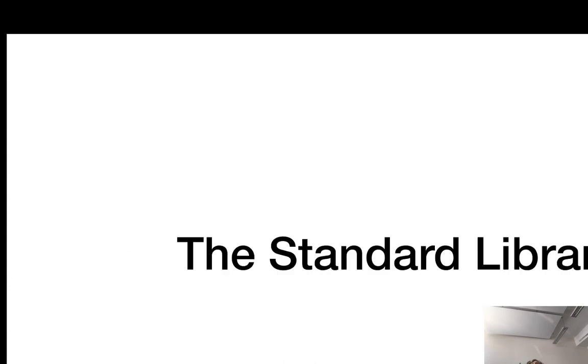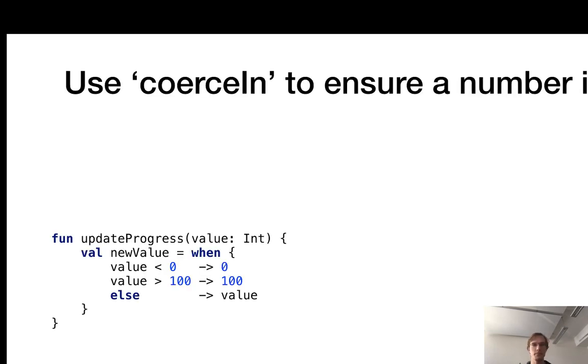So now let's look at some of the standard library functions that can help you write code in a more idiomatic way. First of all, a very simple example. We have to update a progress indicator, and the value of the progress indicator has to be between 0 and 100. And I have written a very nice function that uses a when statement in Kotlin to clamp the number into the correct range, and this actually looks not that bad. So this is like nice Kotlin code, but